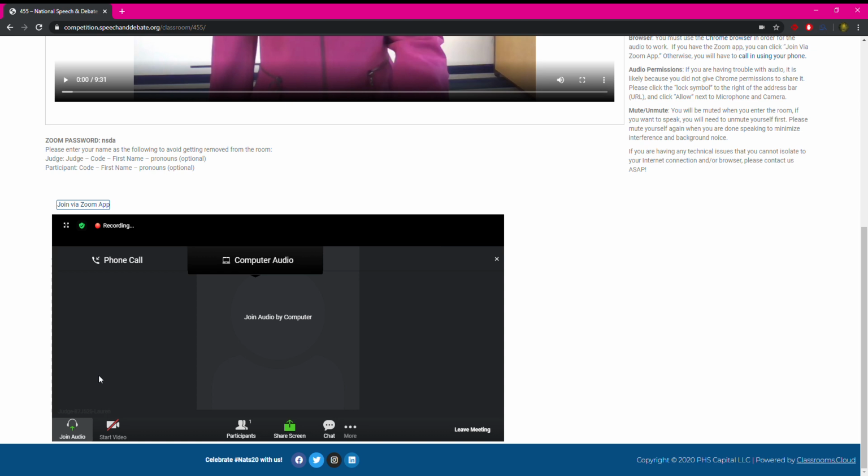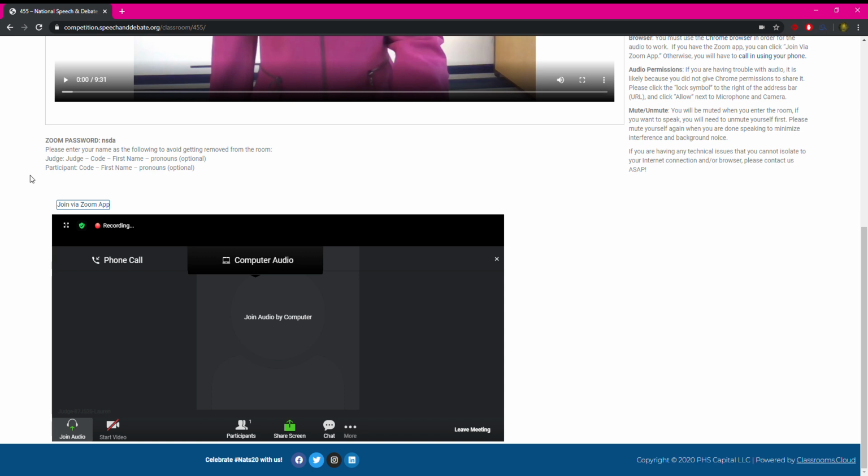Completing the steps down here in this Zoom room is how tournament officials will know that you are present and ready to judge. If all you do is try to push play up here and watch videos, we will assume that you are not present in the room and replace you, which will also result in a fine for your school, which is why the first thing that you should do when you get to your recorded speech room